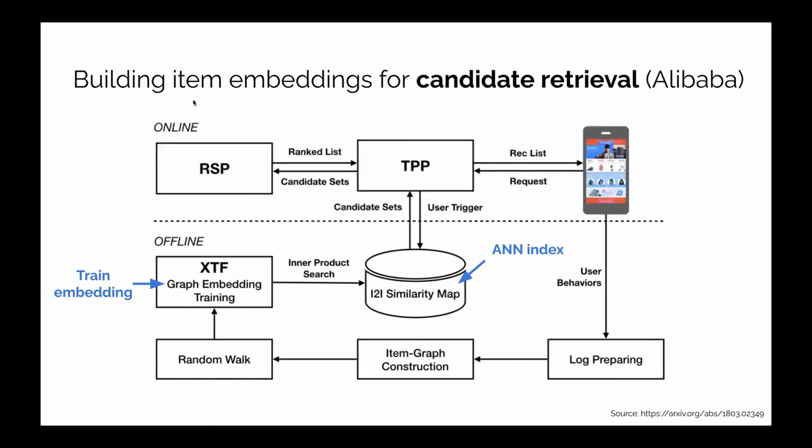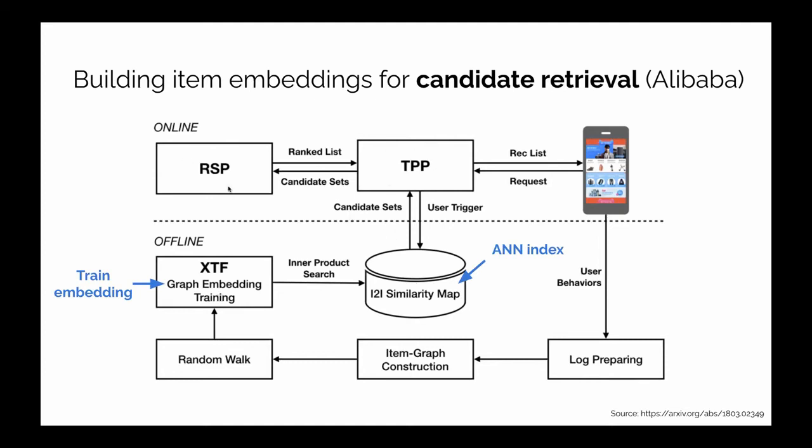And then in the online environment, this is how it happens. A user comes in, they send a request. This request goes to the Taobao personalization platform, which then, given this user, and maybe this user has previously browsed these 3 items and previously bought these 2 items. Okay, now we have 5 items. Go to the approximate nearest neighbors index, and for each item, find 100 closest nearest neighbors. So these 100 closest nearest neighbors are going to be returned as the candidate set to the Taobao personalization platform, which